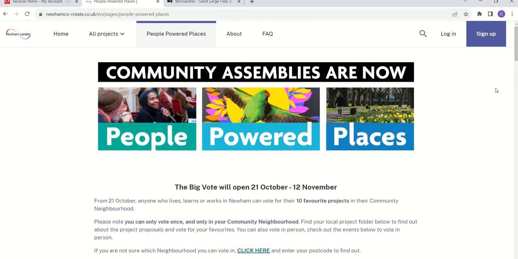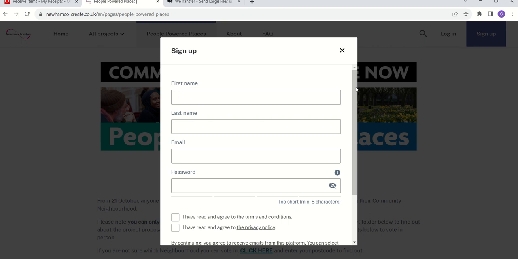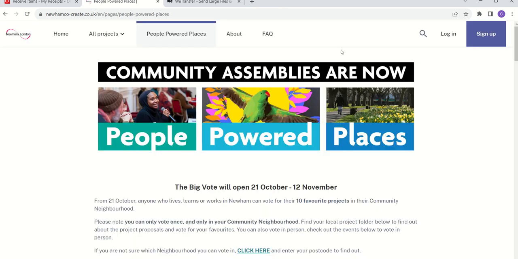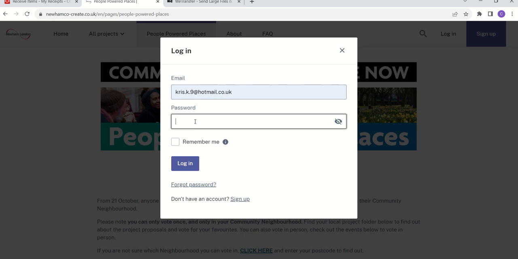So from here on in, on the top right hand side, you will see there's a button to either sign up or to log in. If you've not registered to your Newham Co-Create, you just need to click on sign up and it will take you through a series of questions. And then at the end, it will ask you to log into your email to verify your email address. So once you've done that, you come back here and you go to login, enter your login details like so,